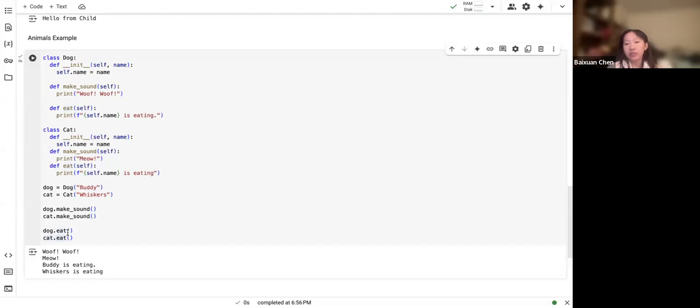Here in this case, when we only have two animals, that's not that bad. We only have to write it two times. But if you wanted to expand your program to include like 10 animals, with zebras, giraffes, hamsters, rats, horses, then you wouldn't want to keep writing the eat function, right? So we need an overall upper class, an animal class, that has an eat function that will work universally for all animals. And additionally, we also notice that they both have the make sound function, which, although it's not exactly the same,